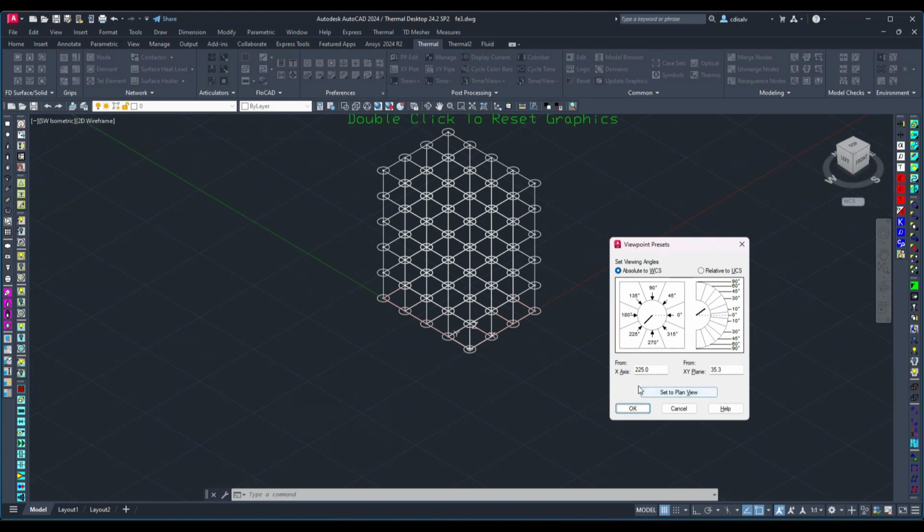But if we go over here, we can see that the viewpoint we're looking from, down here on the x-axis, is 225 degrees, which is the southwest angle that we're looking at the model. And the XY plane, we've got 35.3. But if we change that to 30 degrees,